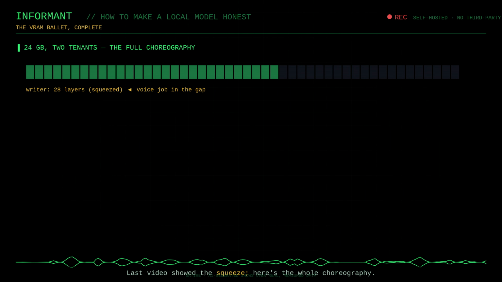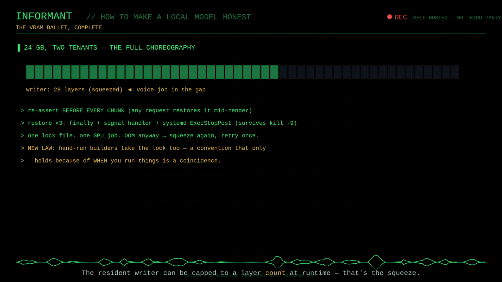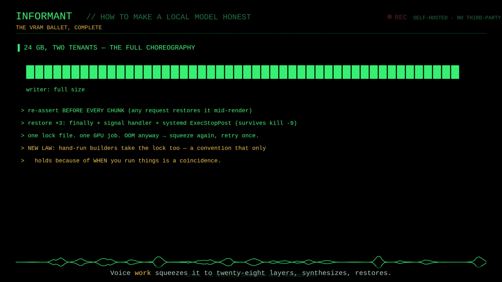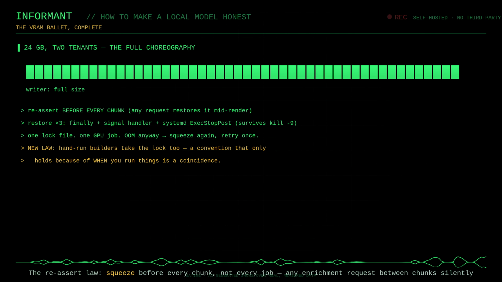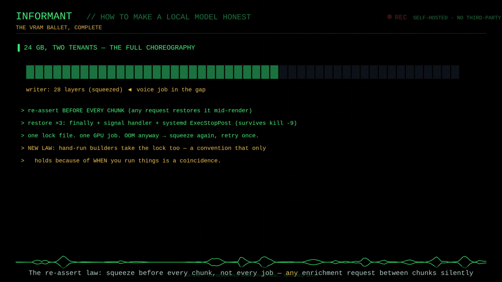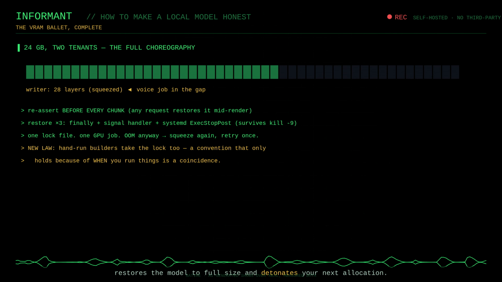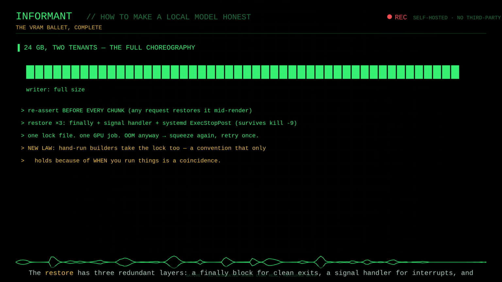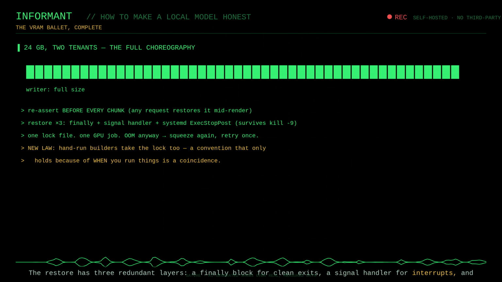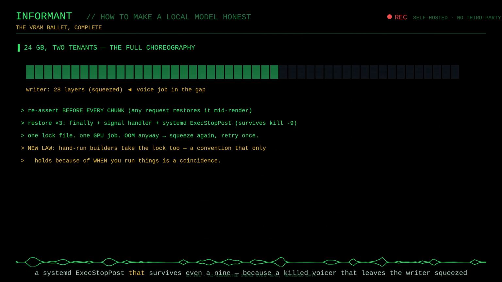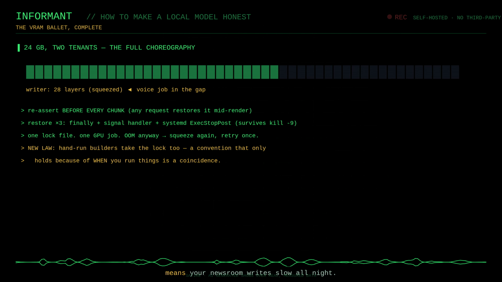Last video showed the squeeze. Here's the whole choreography. The resident writer can be capped to a layer count at runtime. That's the squeeze. VoiceWorks squeezes it to 28 layers, synthesizes, restores. The reassert law: squeeze before every chunk, not every job. Any enrichment request between chunks silently restores the model to full size and detonates your next allocation. The restore has 3 redundant layers: a finally block for clean exits, a signal handler for interrupts, and a systemd ExecStopPost that survives even a kill -9, because a killed voicer that leaves the writer squeezed means your newsroom